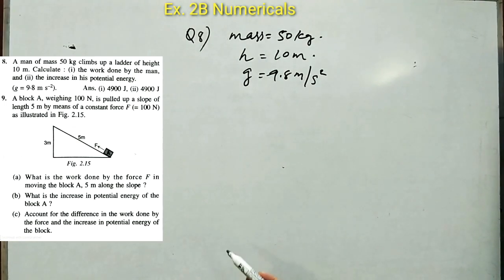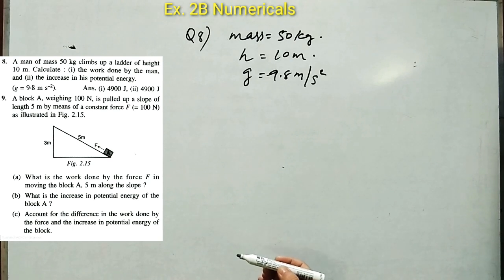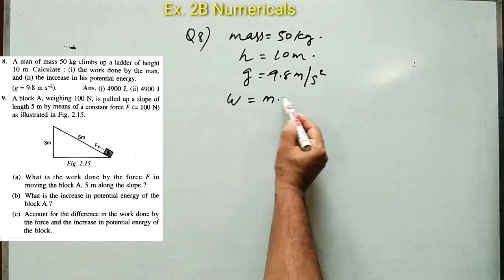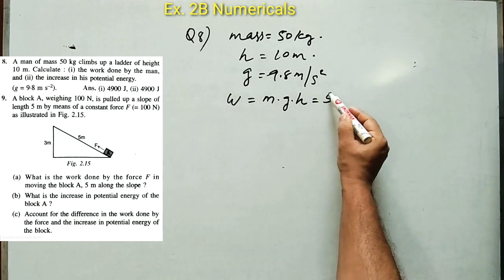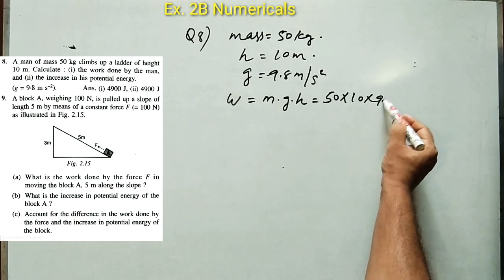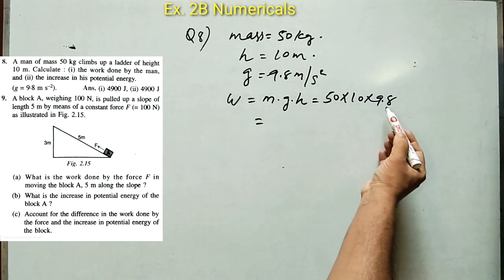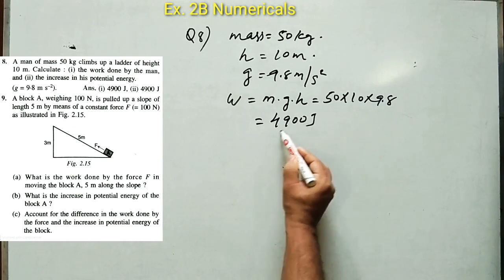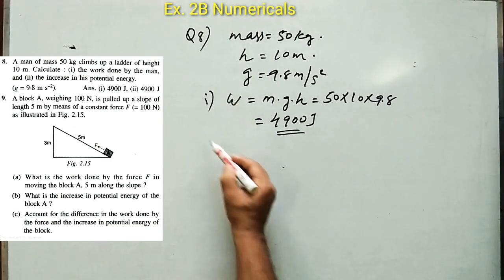So as you know, he is climbing up. As he gains height, he is doing a certain amount of work against the force of gravity when he goes up. That you have to calculate. So work done against the force of gravity is given as W is equal to mgh. Place the values in the formula. 50 multiplied by 10 into 9.8. So we are getting the answer. Calculate and see. 500 multiplied by 9.8. The answer comes out to be 4900 joule. This is the work done by the man against the force of gravity. This is the first part of the question.